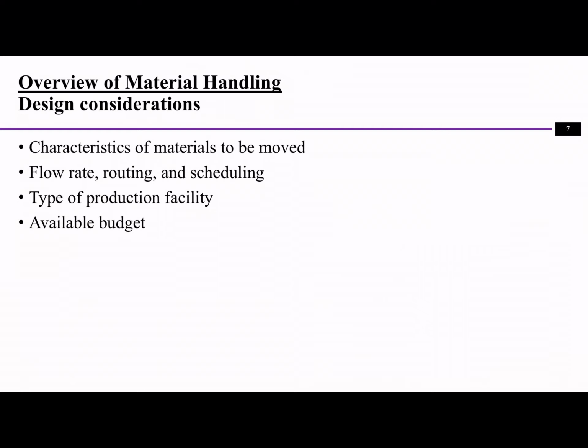Material can be different shape, different size, different weight. So that also changes the plan of the equipment you use, and also the size of the equipment that you have to use. Another thing is the flow rate, routing, and also scheduling. If you are designing material handling,